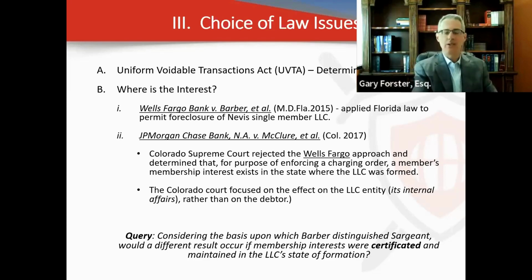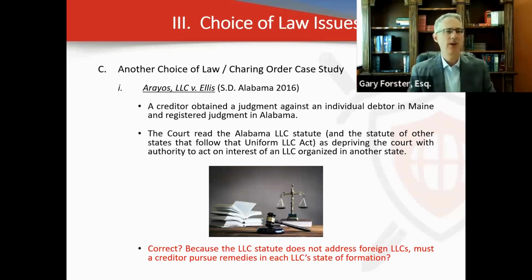Because the plaintiff went to the jurisdiction of the LLC, and I think we have a couple more examples that are pretty good. Arroyo was a great example of that. So they had litigation in the state of Maine. Plaintiff won the litigation. There was an LLC in Delaware, but there was a connection to assets in Alabama. So the case was in Maine, there was a judgment there, Delaware LLC, then they try to collect in Alabama. And it's very, very debtor friendly, this case, because the court says, this is an LLC that's formed outside